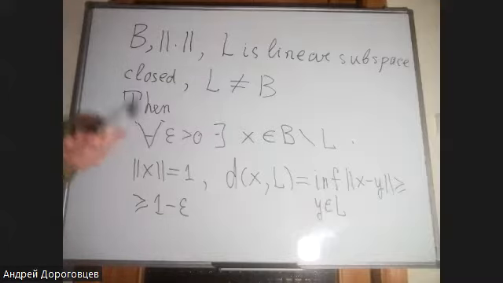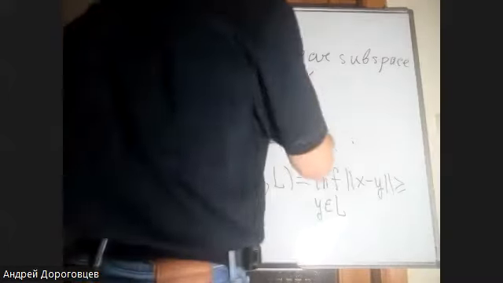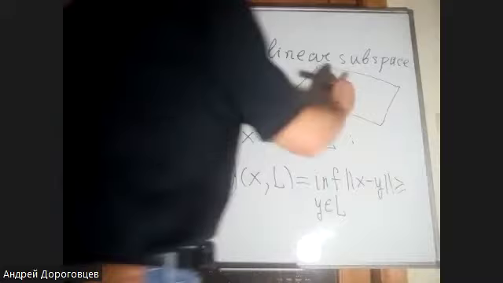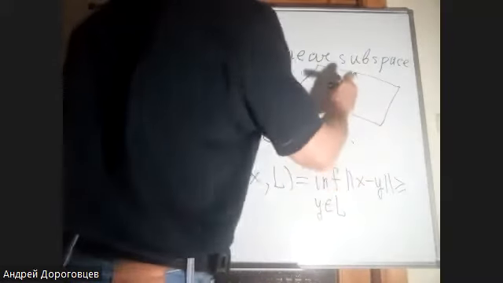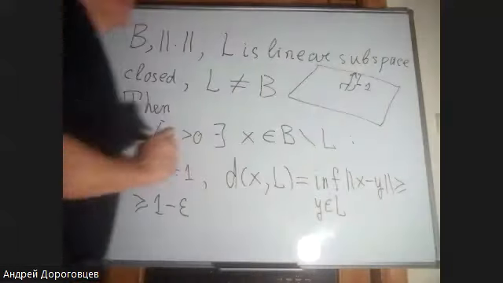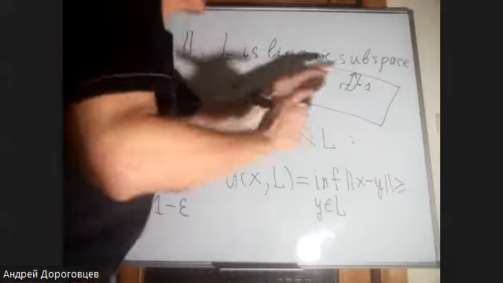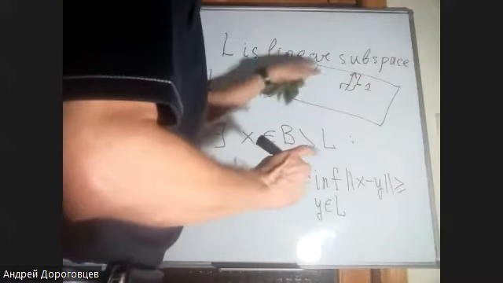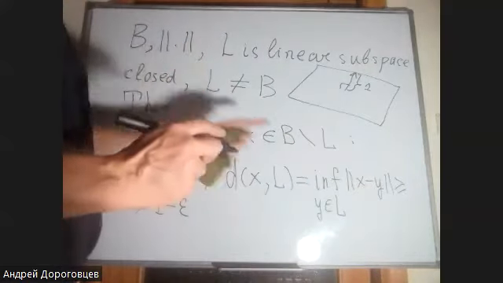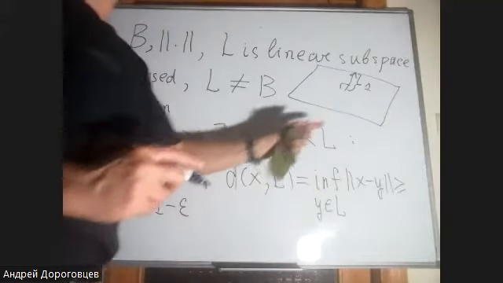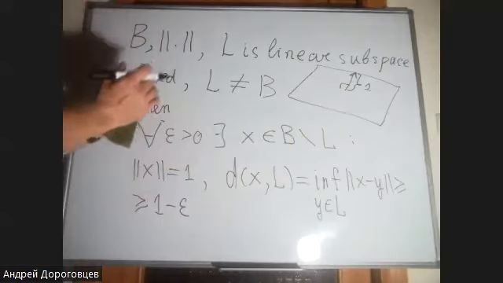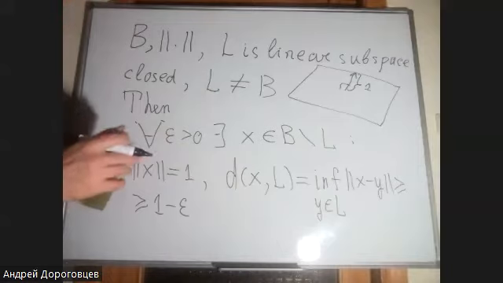And if you recall the picture which took place in the Hilbert space, when we have an orthogonal vector to our space, and if its length is equal to 1, then the distance from x to our subspace is also equal to 1. And this infimum is achieved on the zero vector. Yeah? So, what is the claim of this lemma?